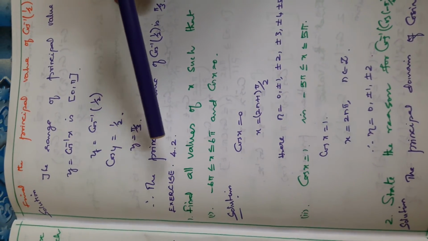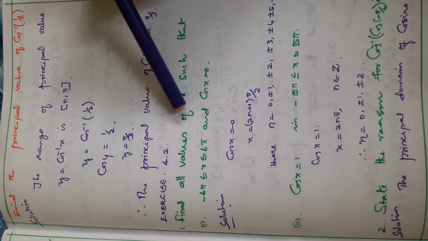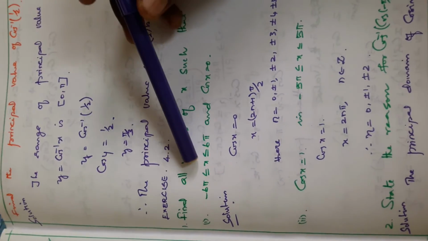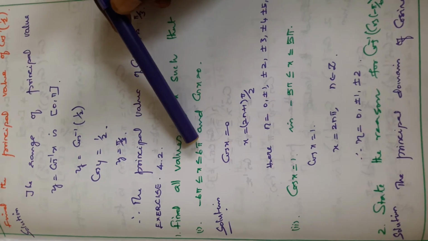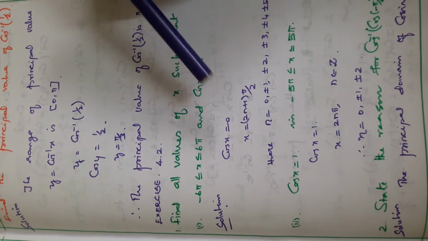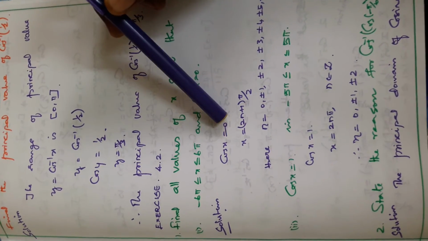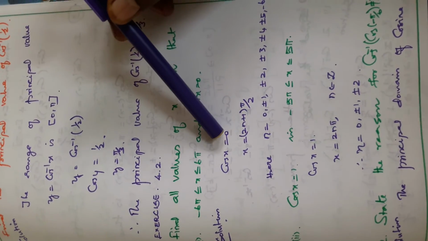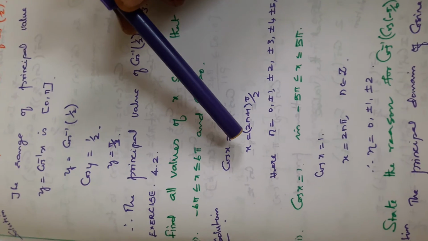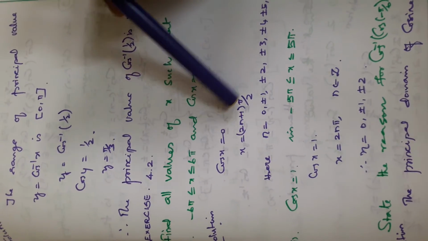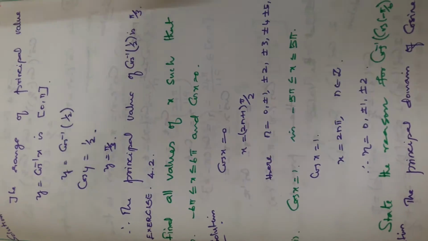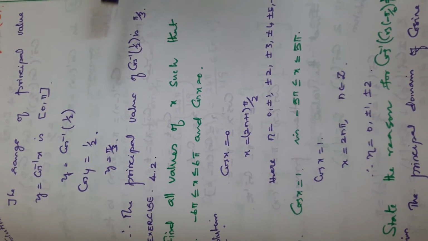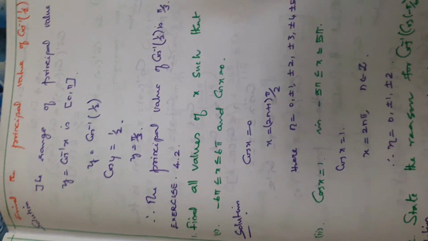Now we will come to the exercise, the first one. Find all the values of x such that minus 6pi less than or equal to x less than or equal to 6pi and cos x equal to 0. So if cos x equal to 0, your x can take values in this general solution. For cos x equal to 0, your general solution is (2n plus 1) into pi by 2. So n can take any values in Z, but here it is given